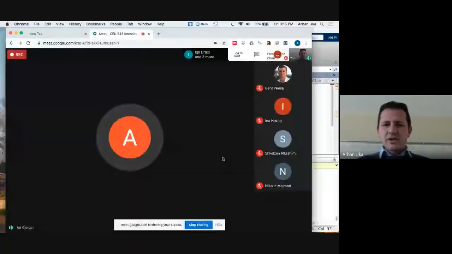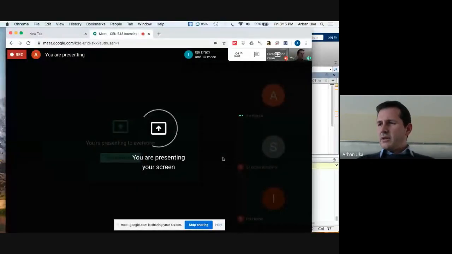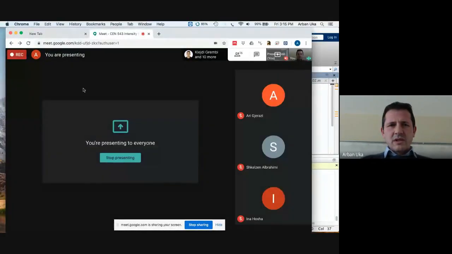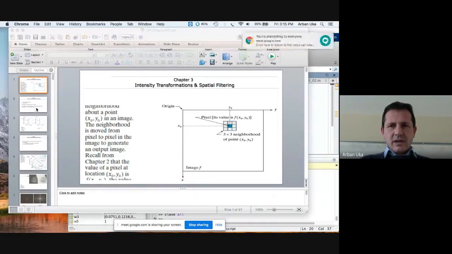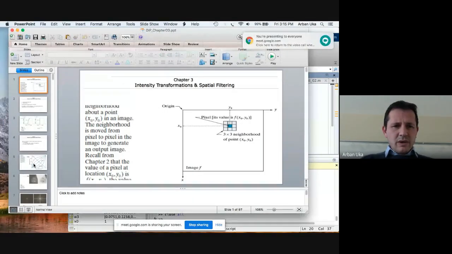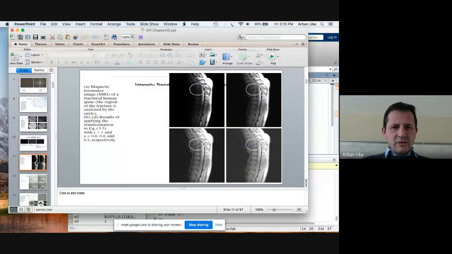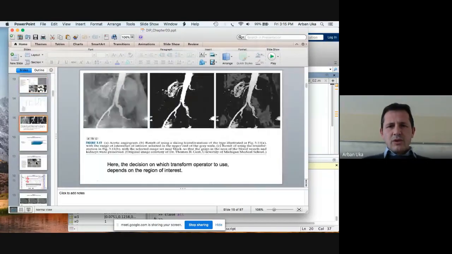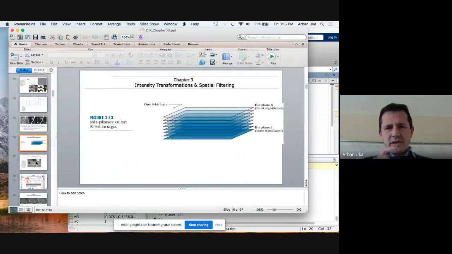Let's see where we left off last time. We are still in chapter 3 of the textbook, which goes over images and also the spatial filters. Last time I think we were discussing, actually here in this slide, we